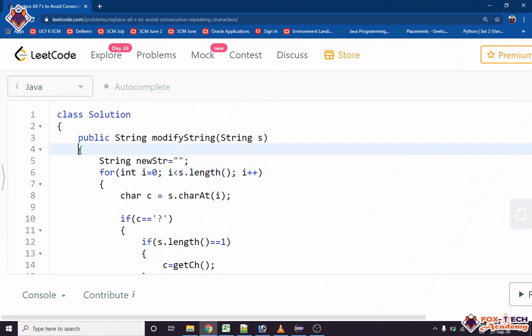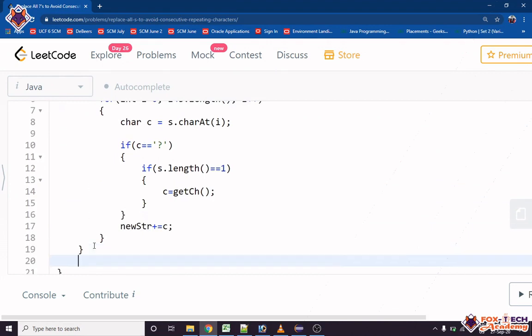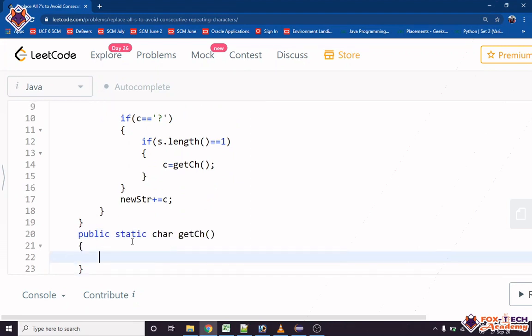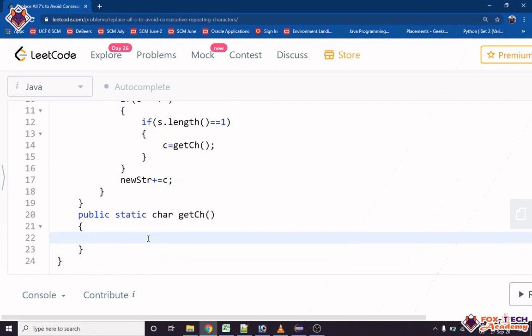So here is our loop. Here we will write public static char getCh. For getting any random character, we will first create a character array and put all characters a to z in that array, and then we will take any random character from there. So char alphabet equals